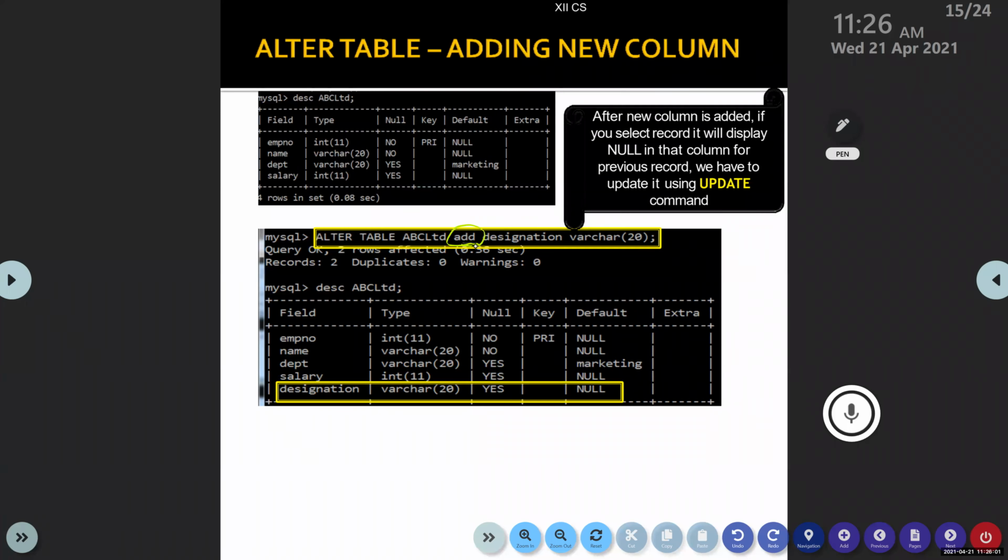Alter table ABC Limited, add the new column name and the data type. Clear?